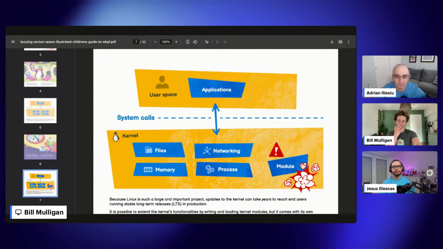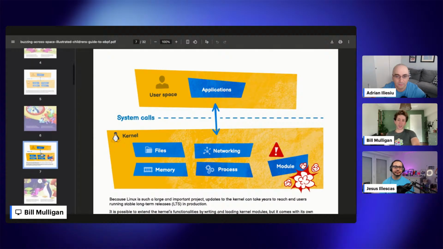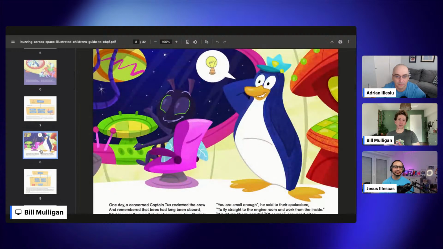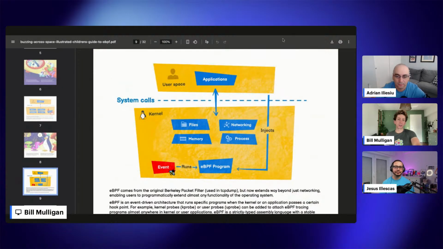But if you can't modify the kernel, this core part of the system, it slows down innovation. You can't add technology at the same rate. So how can we change that, right? What's the idea to make it safe to do that? And that's where eBPF comes in. eBPF allows us to bring innovation back into the kernel in a safe way. It brings programmability, it brings flexibility into the kernel. And what eBPF does is it allows you to insert programs at specific hook points within the kernel.